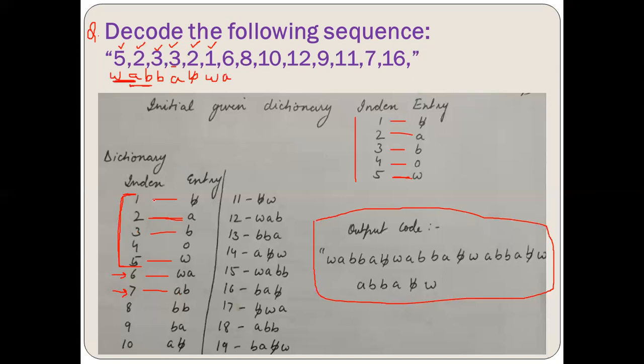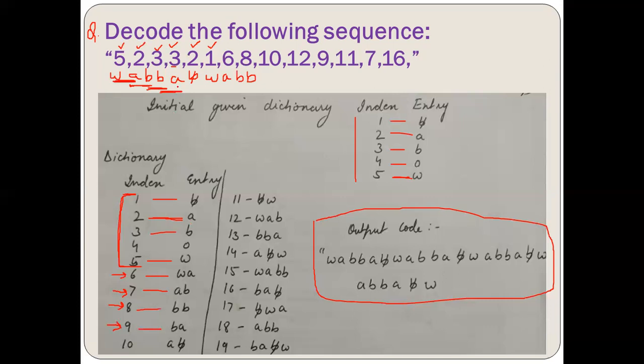Okay. Now moving further, BB. Now you can see BB is not there in the dictionary. So at the 8th position, I'll enter BB. Now you can see 8 is already defined here. So I can just enter the BB at this particular position. Right. Now going back to the sequence, we have done till here BB. Now taking the earlier symbol and then BA. So BA, we can see BA is not there in the dictionary till 8th. So I'm going to make a new entry for the 9th index, that is BA, right?